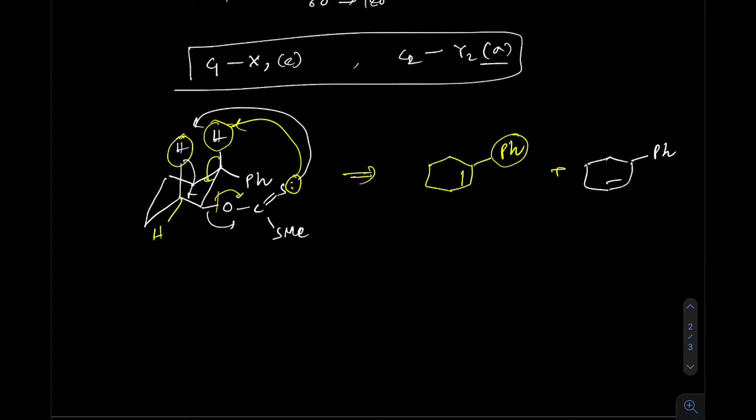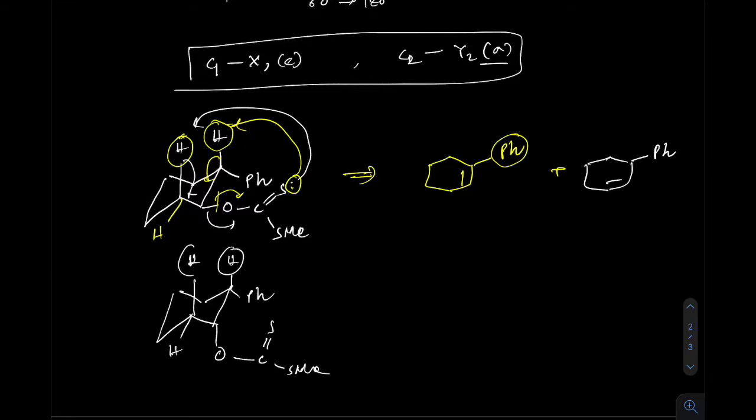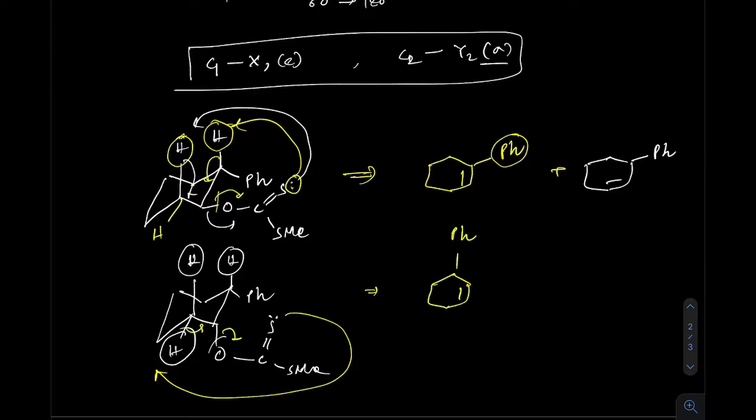Now for the next example, the xanthate ester is axial and the phenyl is as previous, it is equatorial. Now in this case, it cannot take this trans hydrogen because it is also trans, okay, it only can take the cis hydrogen. Therefore the only possibility is that it can take just this hydrogen and give this type of product, which is the only product. I think this is clear to you.